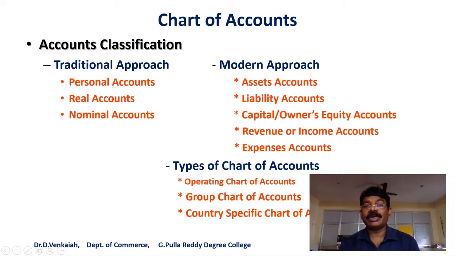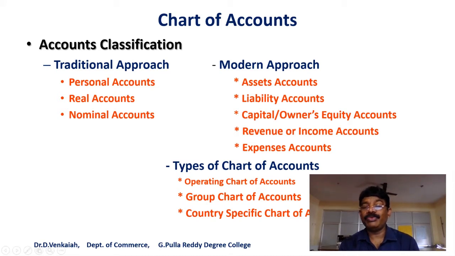Assets: fixed assets are there, current assets are there. Liabilities: sundry current liabilities are there. Owner's equity: we have reserves, and we can create equity capital and preference capital under owner's equity. A group called reserves is already created, as well as revenues and incomes. Rent received is income. Under rent received there may be direct rent and indirect rent, whatever it may be, that will be grouped into one and created under one group, which is called income.